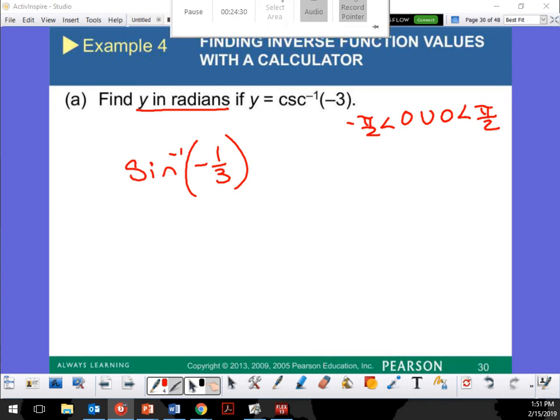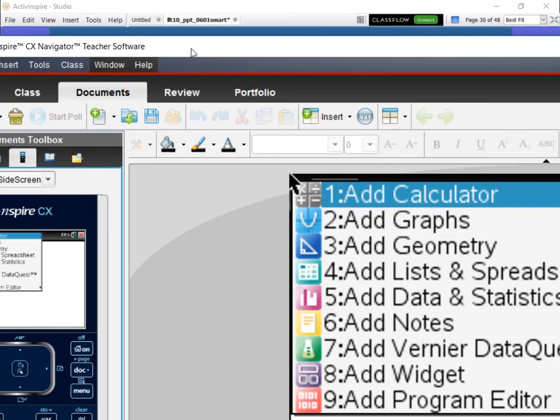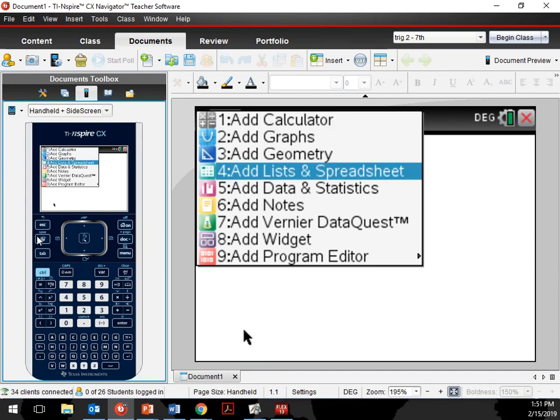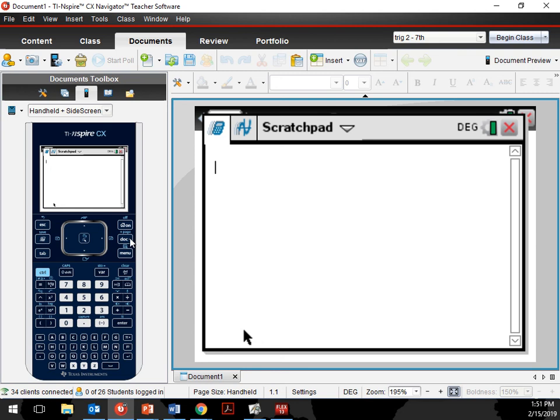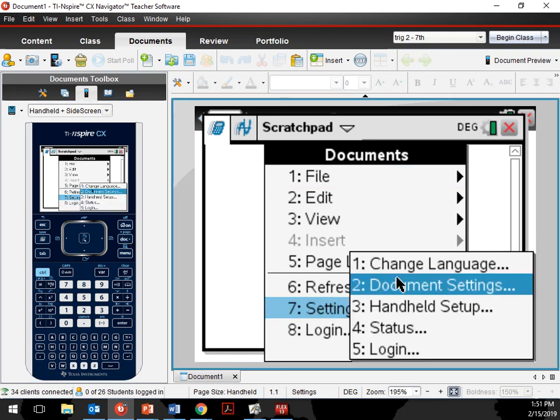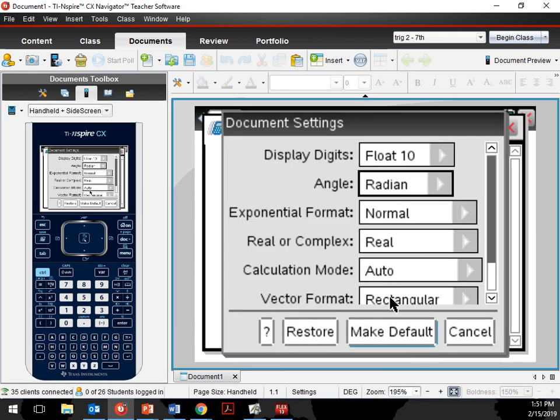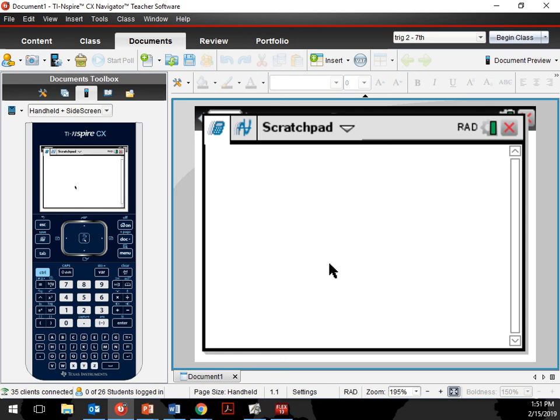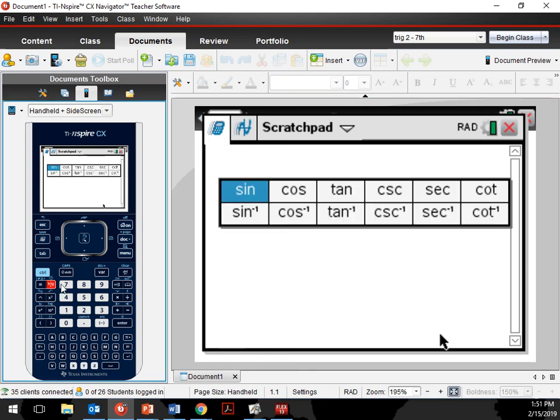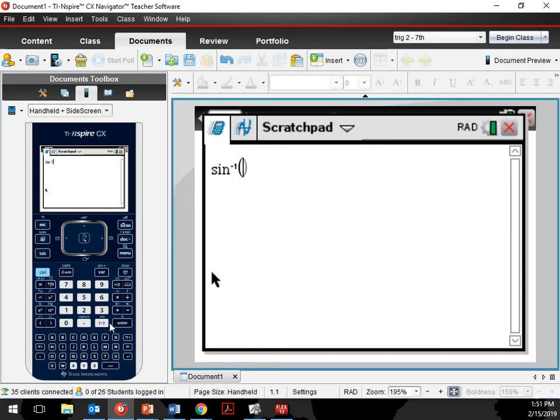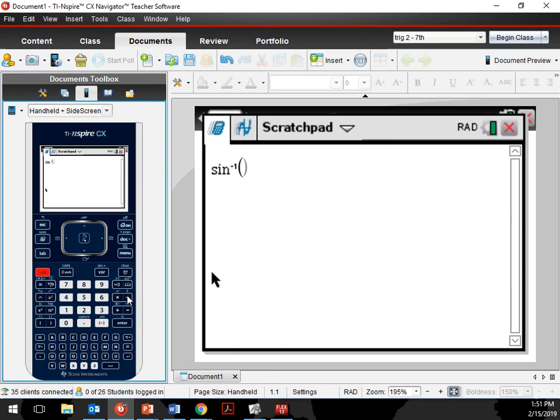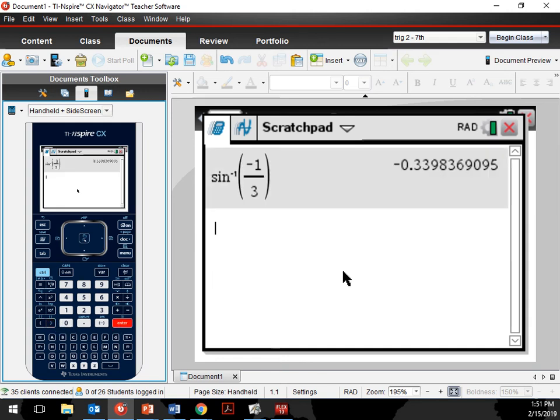Okay, let's see. I'm going to try and get this before too late, so hopefully it works. I'm going to change my dock settings, radian, make default. Okay, so now I'm in radian. So it's arc sine, right? And it was negative 1/3. Yeah. And that equals negative. So for those few people paying attention and not conversating in the back, this is going to be super helpful. So we get negative